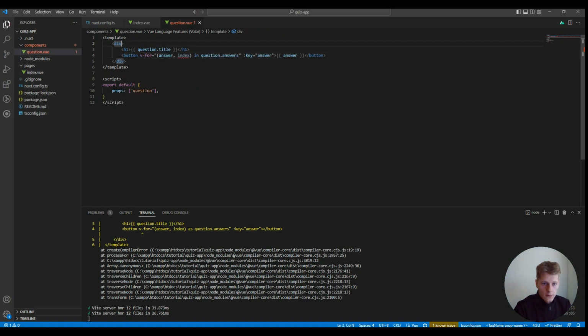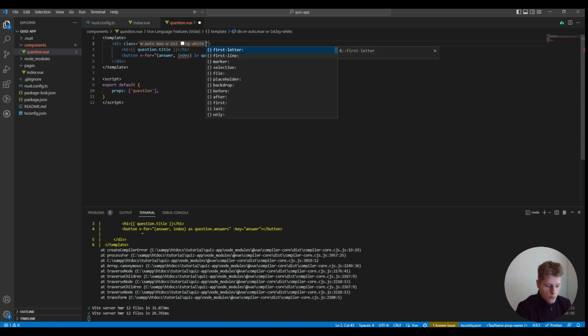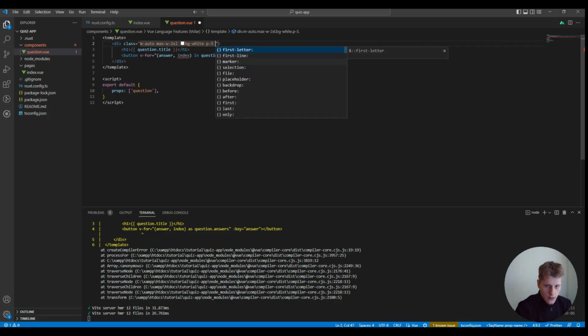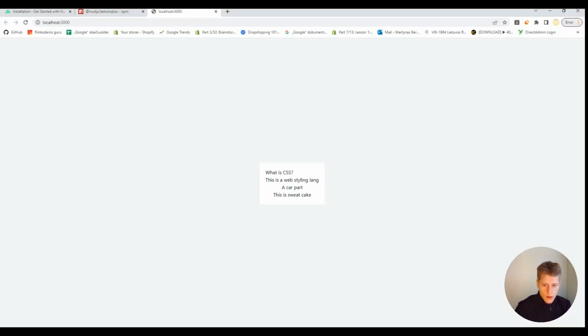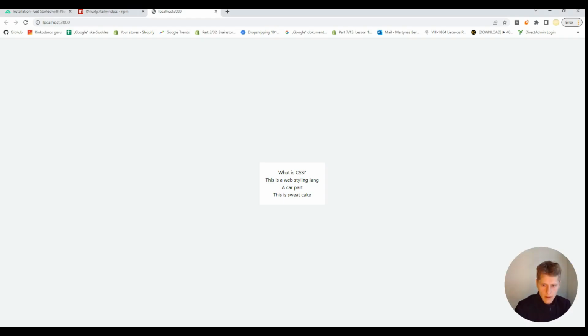And now we need to add some styling in our question component by adding a class. For example, we can make it margin auto, add max width, I don't know, 2 pixel, make the background white, and also we can add some padding to our component div element. And let's see what's happening, like that. And we can add grid because we want to make our answers in a column, not a row, like that. And we can make all text centered, like that. Yeah, now it